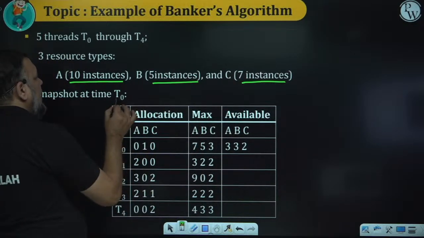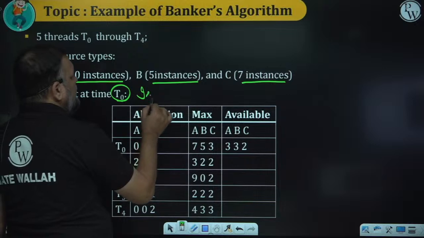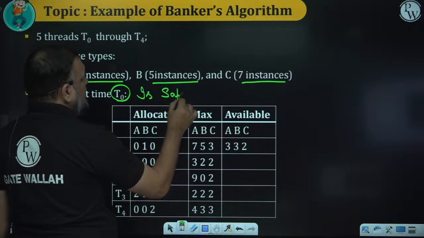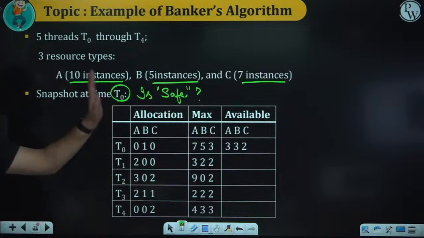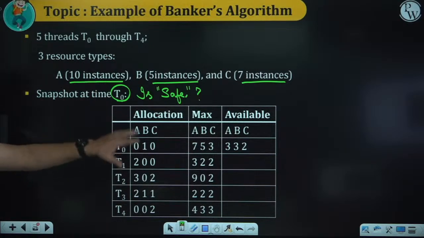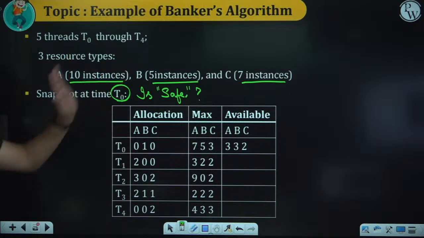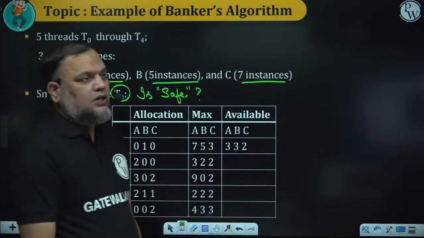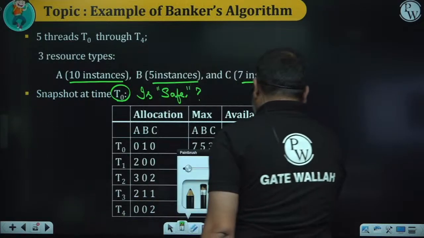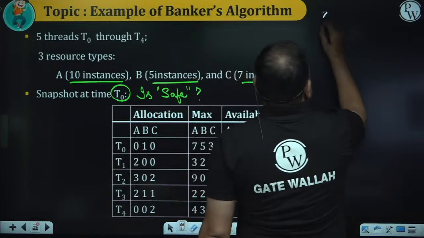आपको पूछा जाएगा at time T0, is the system safe or unsafe? This is a question that will be asked. Is this current snapshot, is this current system right now, safe or unsafe? आप कैसे डिटरमिन करोगे? इसका सेफ्टी एल्गोरिथम का कॉन्सेप्ट ये है कि यहां पर मैं एक लाइन लिखूंगा,